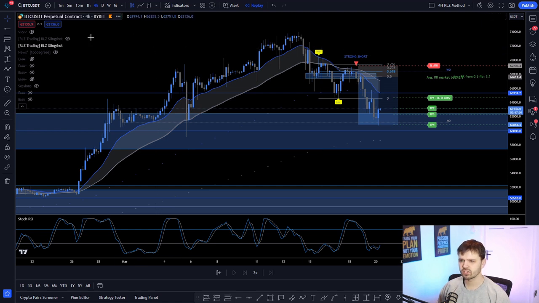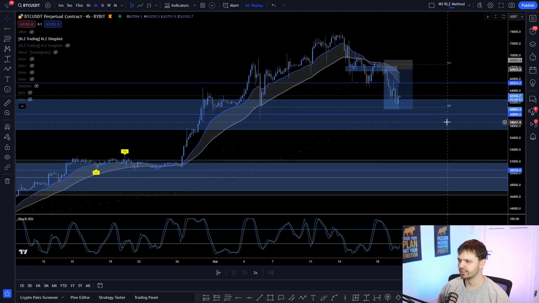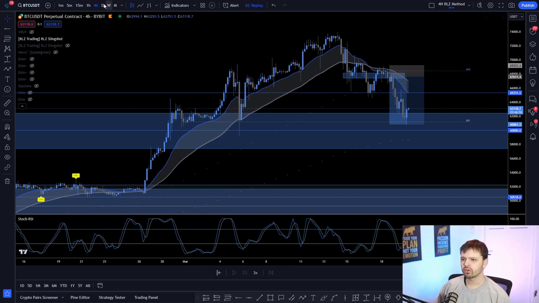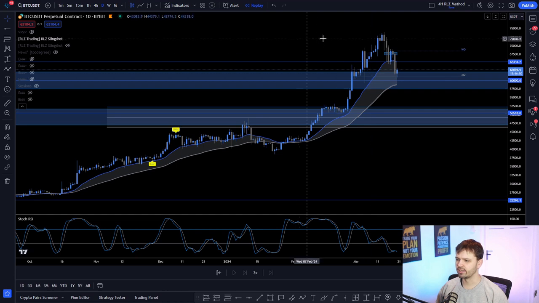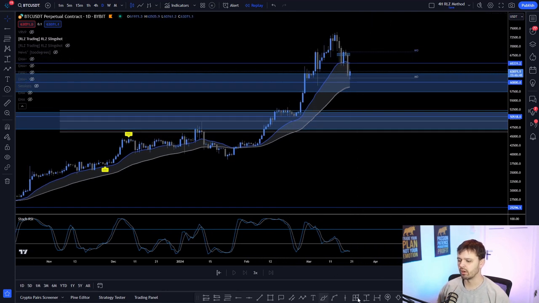All right, so let's remove the indicator here. Actually, I have two different indicators on here, one with signals and one without, so I only get the levels on here. So looking at the daily here, we obviously have a local top being put in on Bitcoin